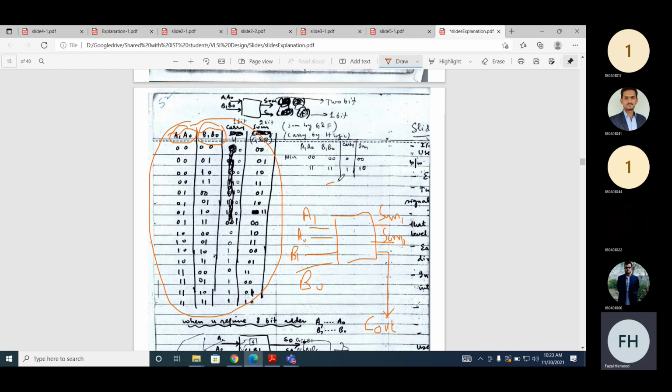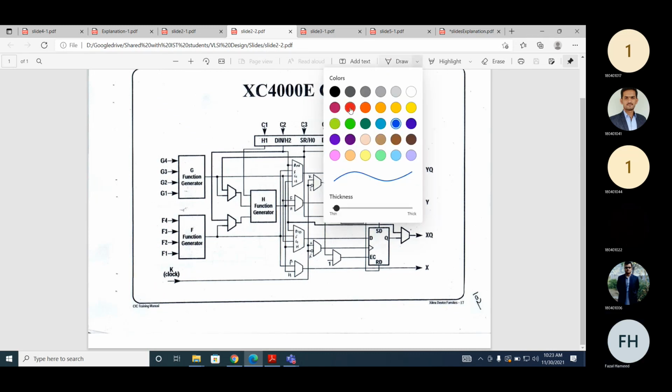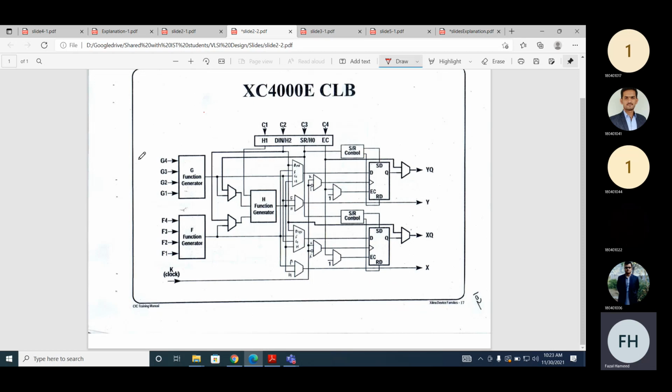Yes, the scene will be coming from above. How can we implement this within this structure? Okay, so now we have A1, A0, B1 and B0 mapped here.